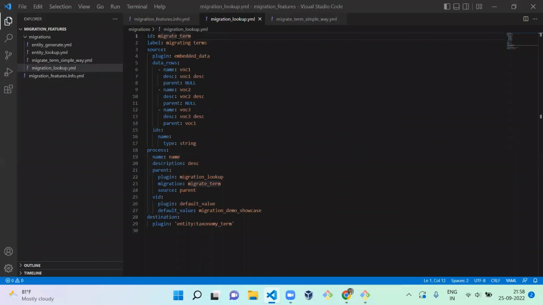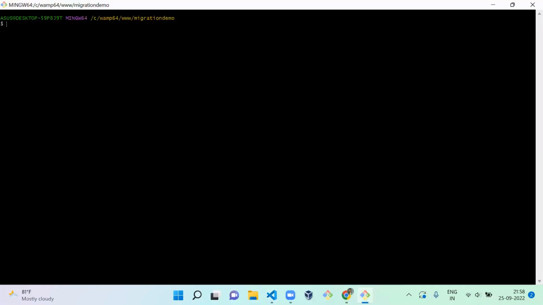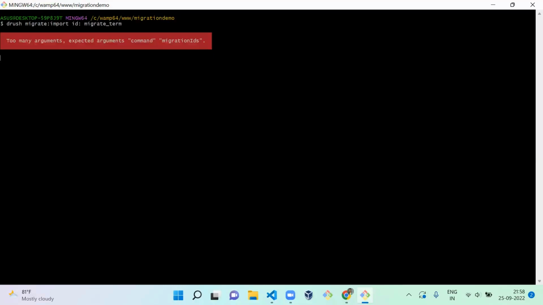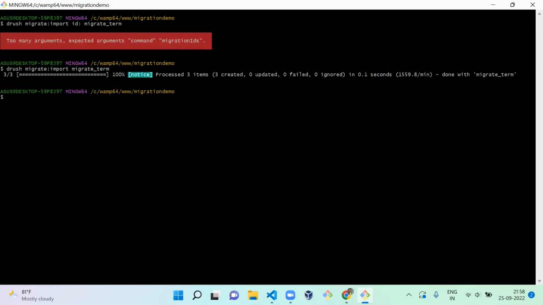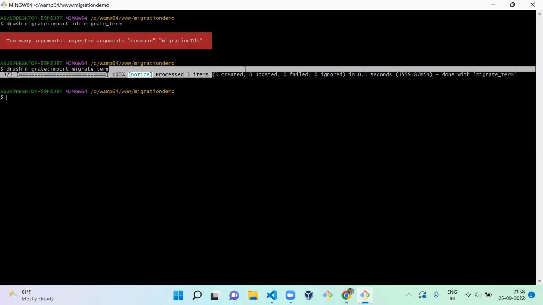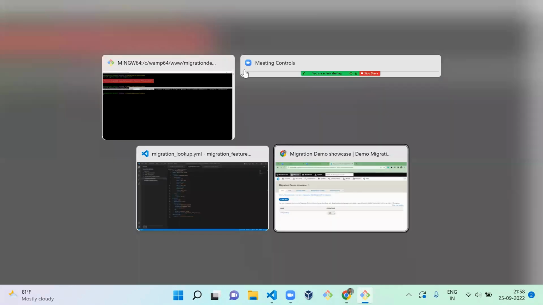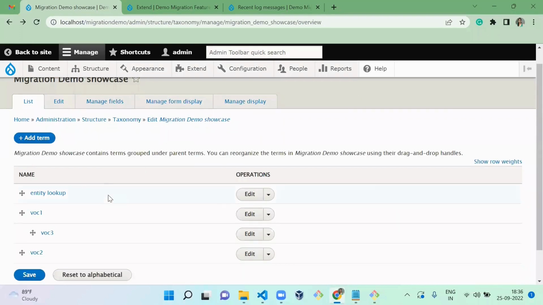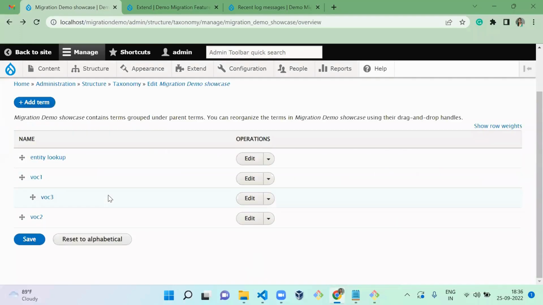So it's drush migrate colon import of this ID, the migration ID. Okay, enter. So you can see 3 created now, right? So let's go to your term page. Let's refresh here and see. Here you can see the third one is linked to the first, as we mentioned in the migration lookup,